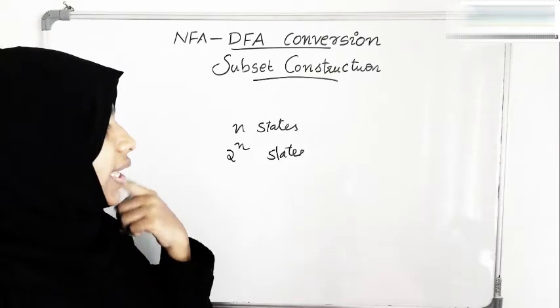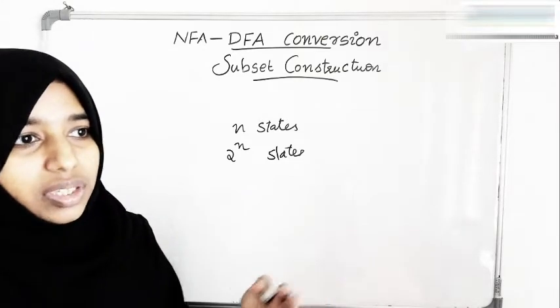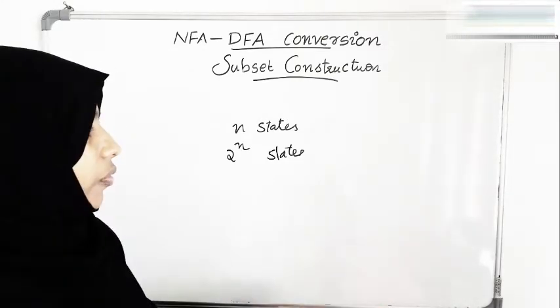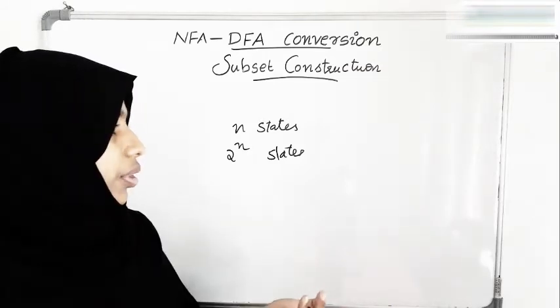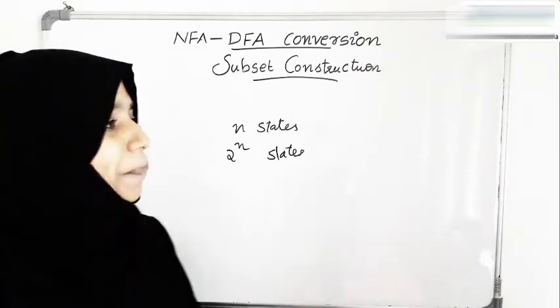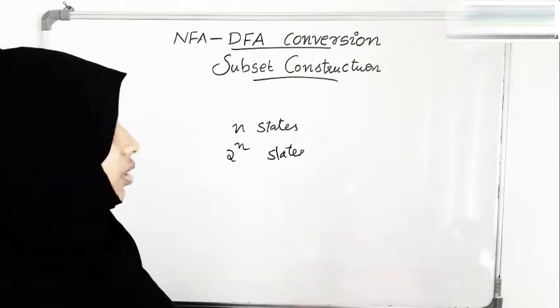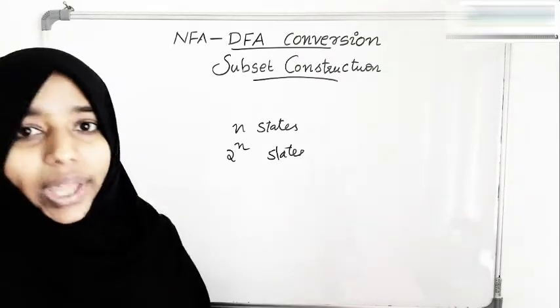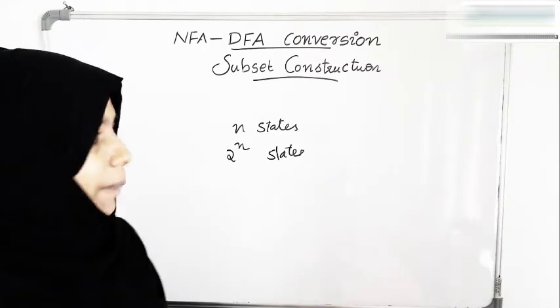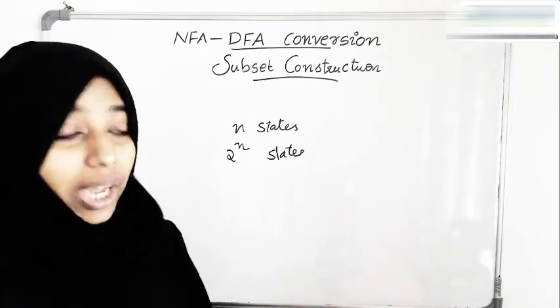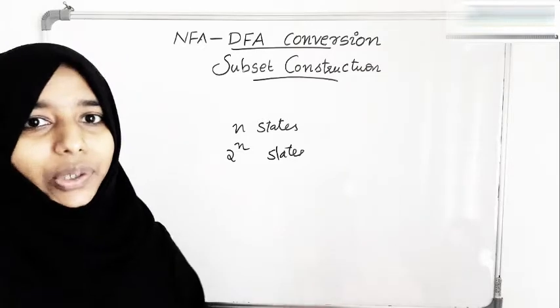As the strings accepted by the language become longer, or the language becomes a little bit more complex, it will be difficult for you to draw the DFA. So the easiest way is to draw an NFA and convert that into a DFA. So you should know how we can convert an NFA into a DFA.